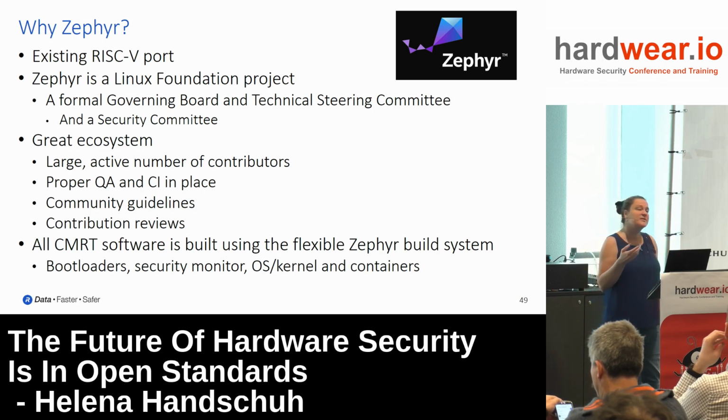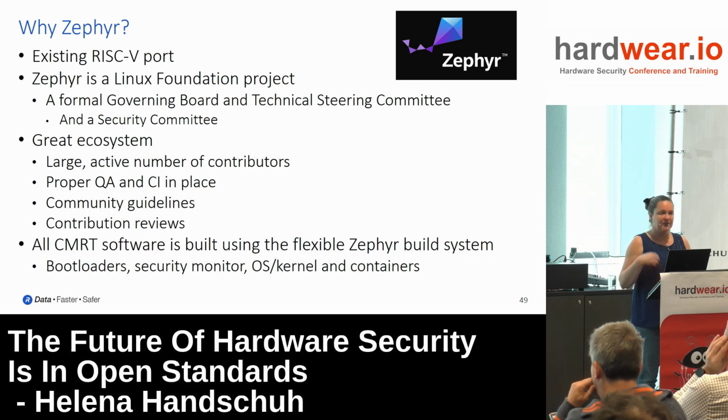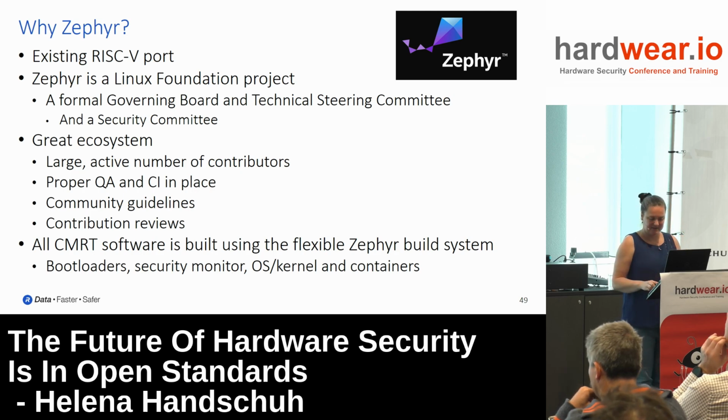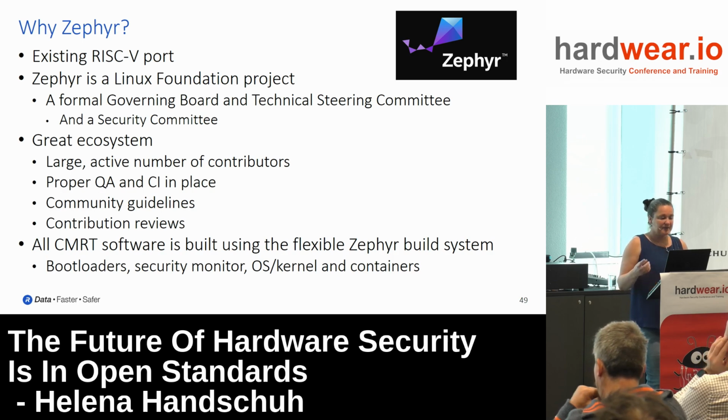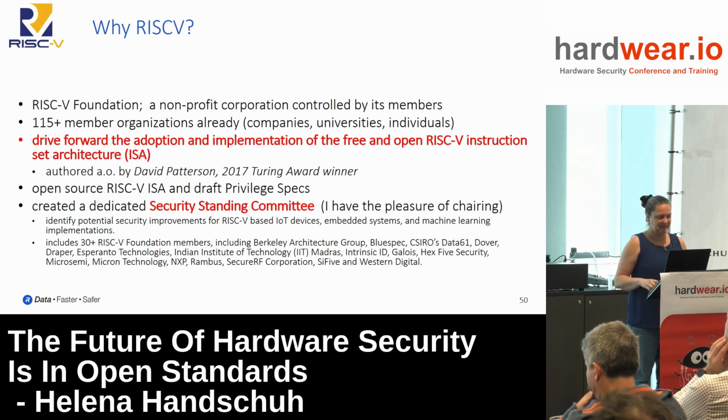So we thought this is a really nice operating system that we could be using. We'll transform it a little bit so it does fit our specific root of trust needs. But since it's open, it will fit perfectly. And we can also provide back some information on how it was useful to us and how it could evolve. So all the root of trust software is built using Zephyr build systems, bootloaders, security monitors, OS kernel, and containers. These are all very well-known principles in there, and this is why we picked Zephyr. There's a few others around, but this was the one that fit our purpose the best.